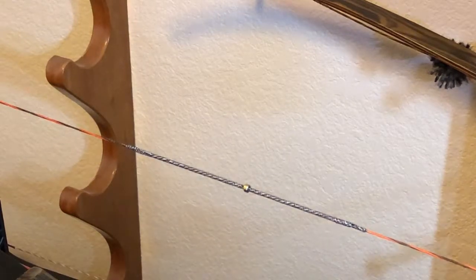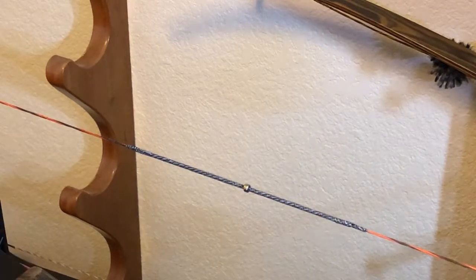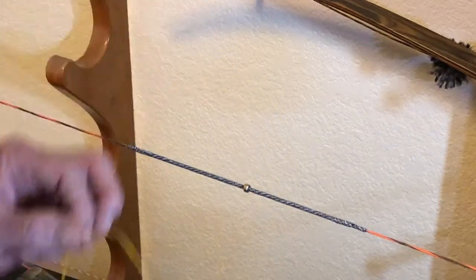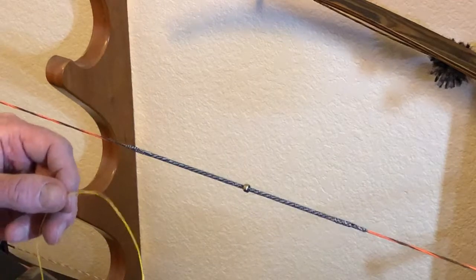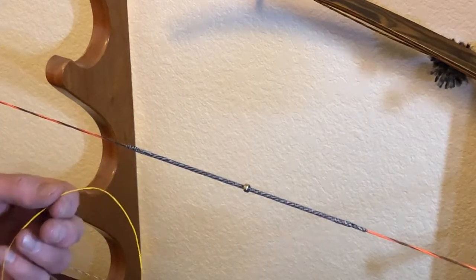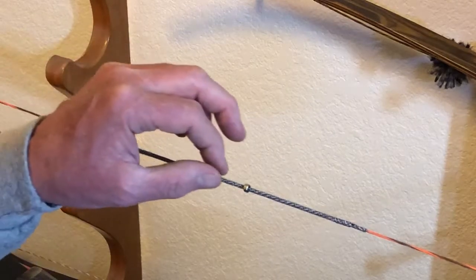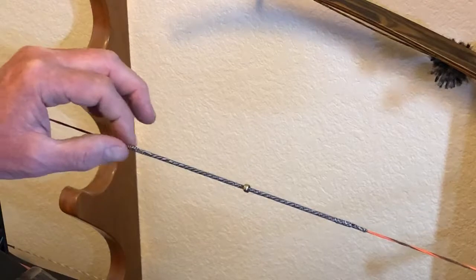Today we're going to make a tied-on string knock. We're going to make that with bowstring BCY10. You could use serving or probably other things. This is a fixed string knock, and so what I've already done is to tune the bow so that I